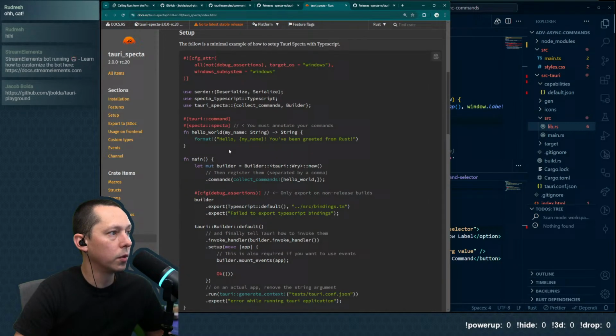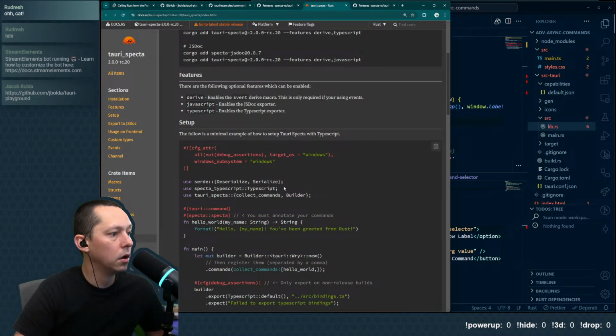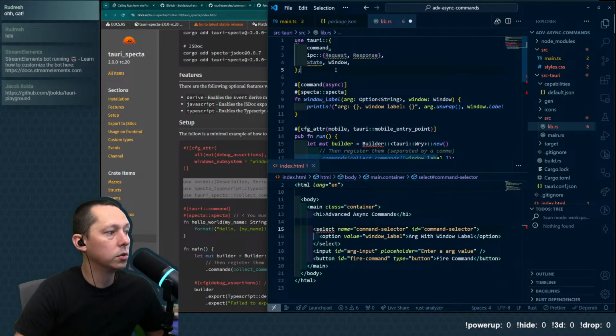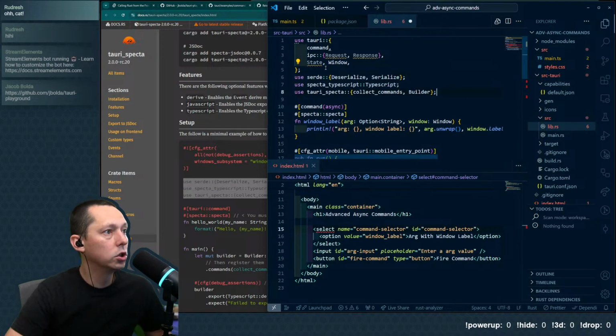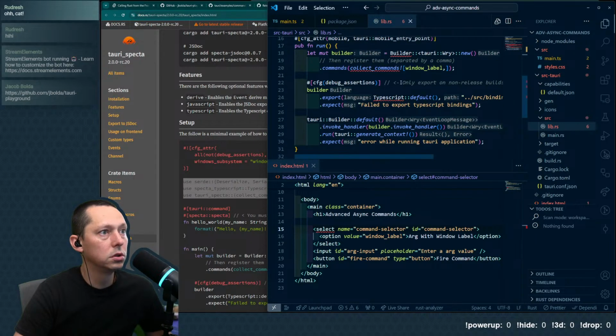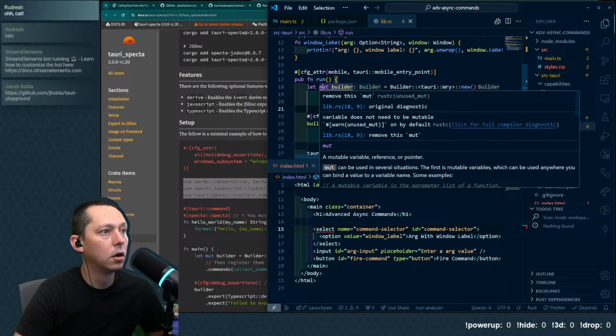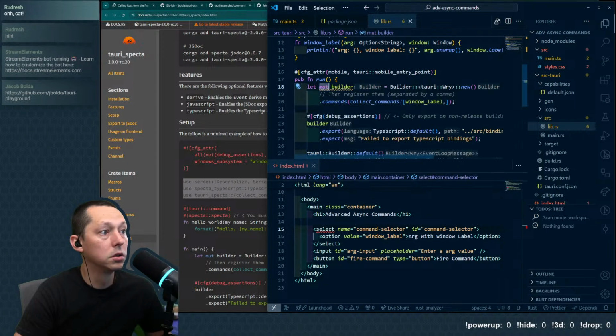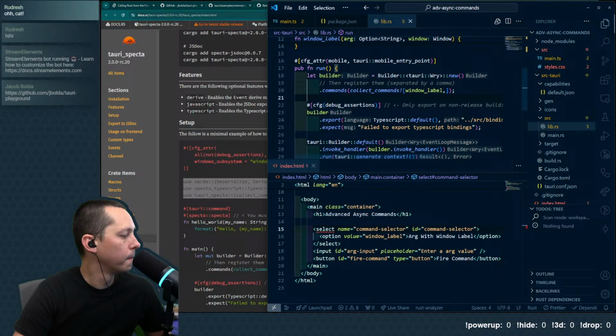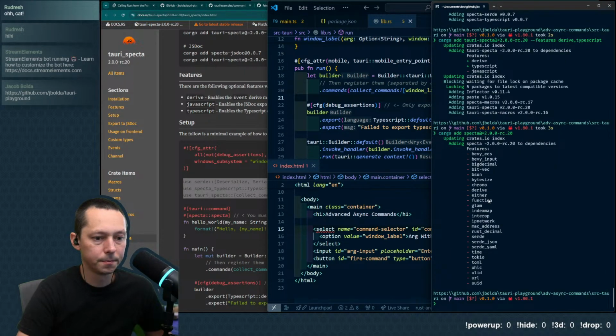Part of this is I wanted to see how it would work with async. And we'll do some use statements. That should clear everything up, I think. Does not need to be mutable. We'll trust the compiler. Let's give it a go.